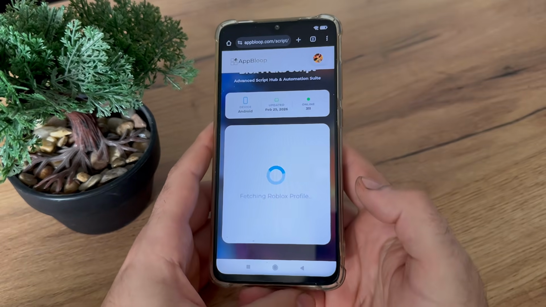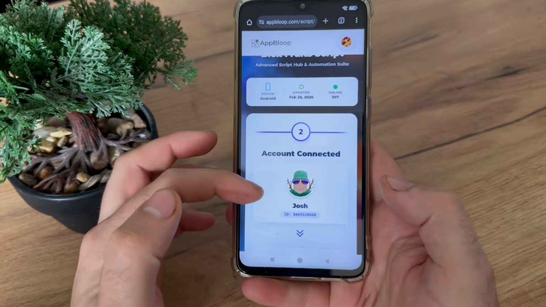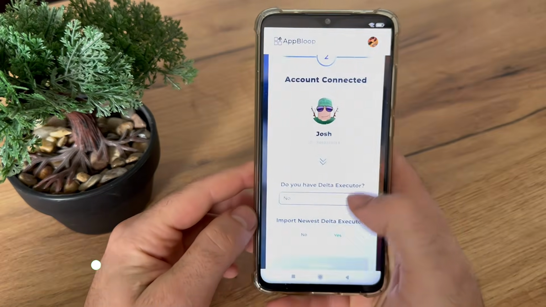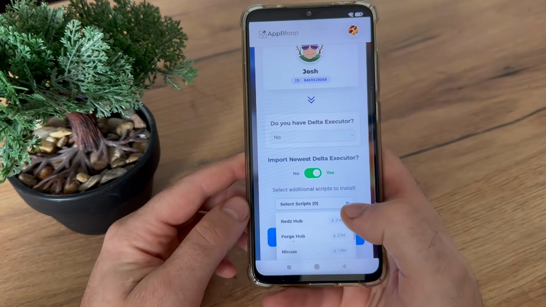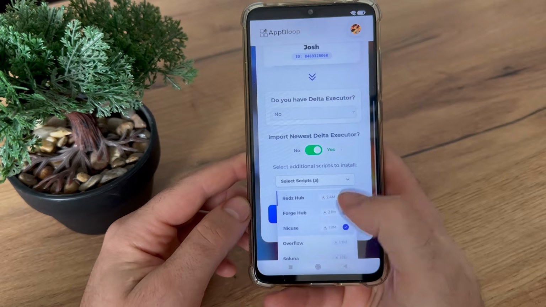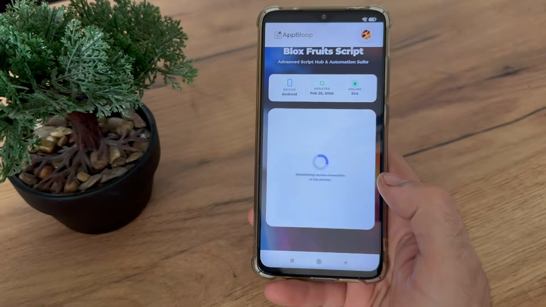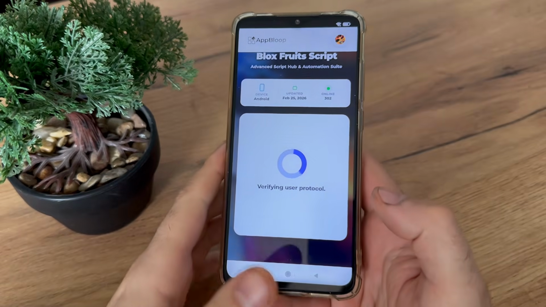So the next step is to answer this question. Do you have Delta executor? No. Import the newest? Yes. And select the script that you want to add to your account, guys. So I will select this. The best script is Nicius, so just click continue and let's see